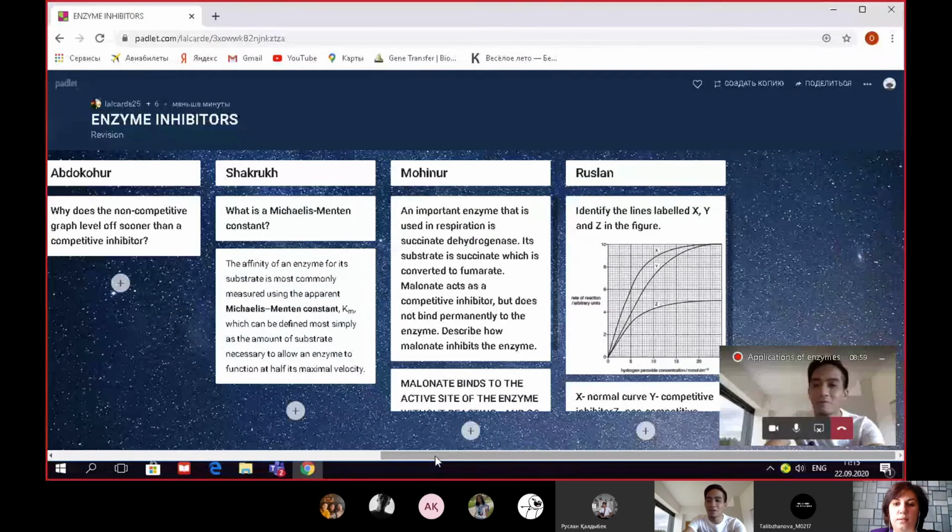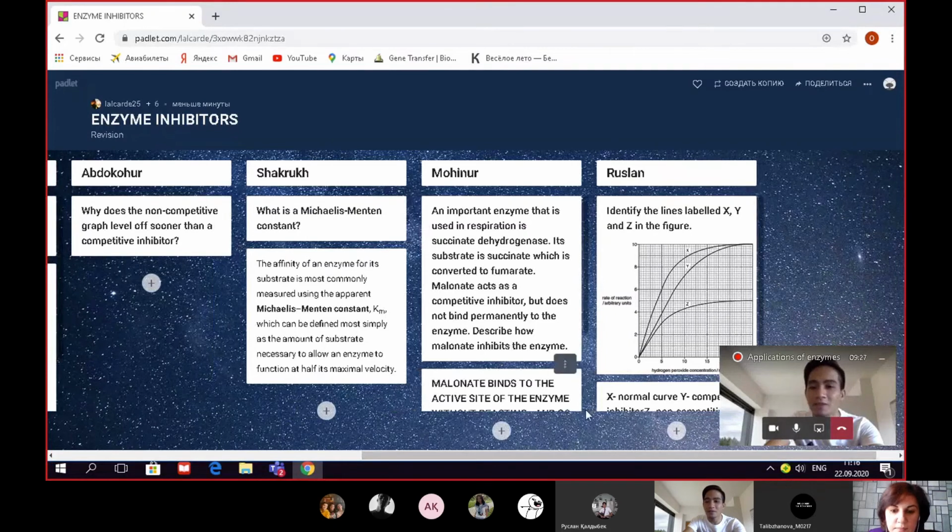Okay, Ruslan is correct. Ruslan is also correct. X is normal, Y is competitive, and Z is non-competitive because Z doesn't reach the same Vmax. Y has a lower rate but can still reach the same Vmax. And obviously X is normal. And then Mahinur,